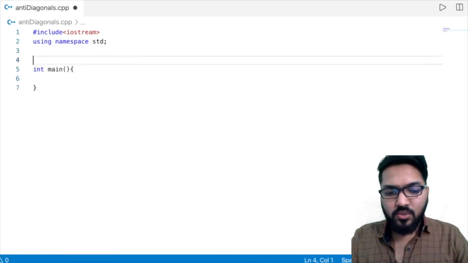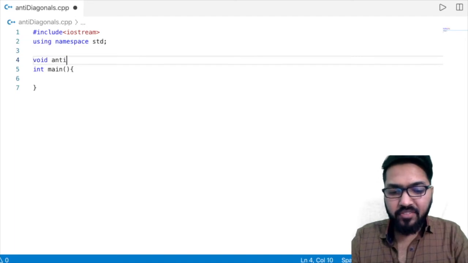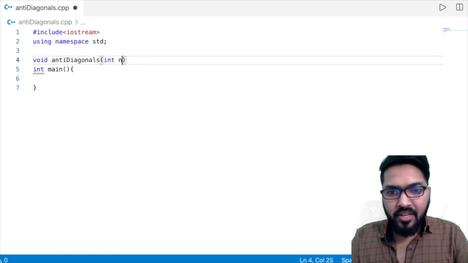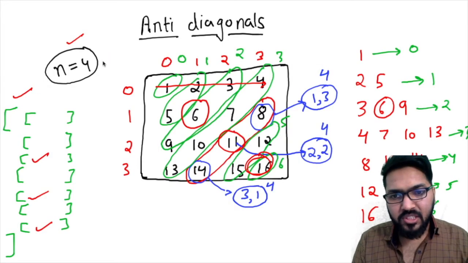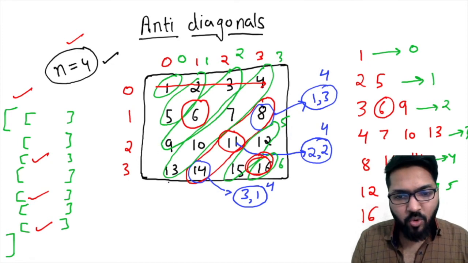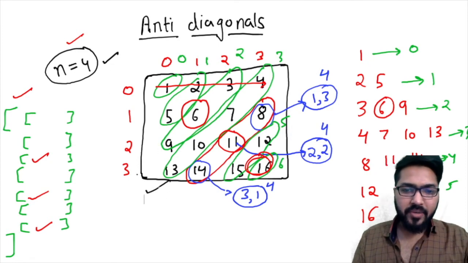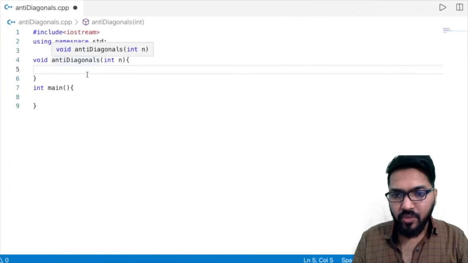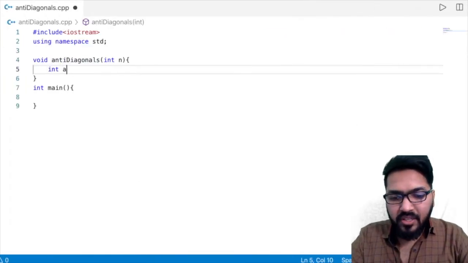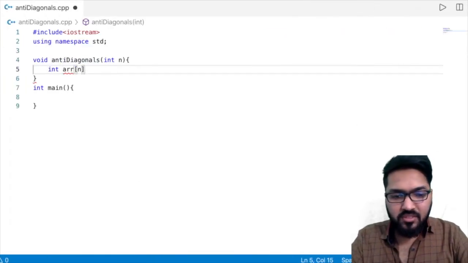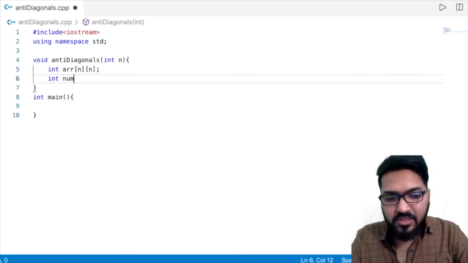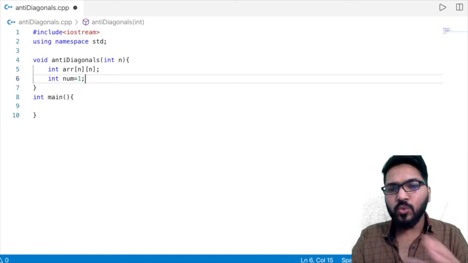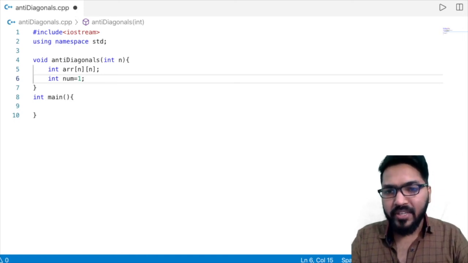So first let's quickly make a function antidiagonals, int n. We are just going to be given n. ठीक है. सो बेसिकली हमको सिर्फ n इजिकल टू 4 गिवन है. हमको ये 2D मैट्रिक्स भी पहले खुद ही बनाना पड़ेगा. ओके, सो int ARR, int num is equal to 1, because हमको 1 2 3 4 सो ऑन पॉपुलेट करना है.